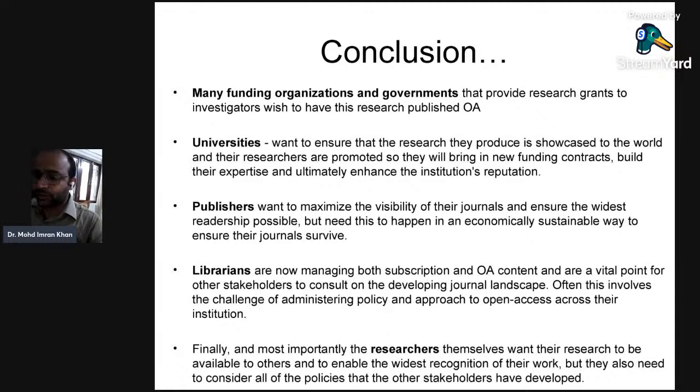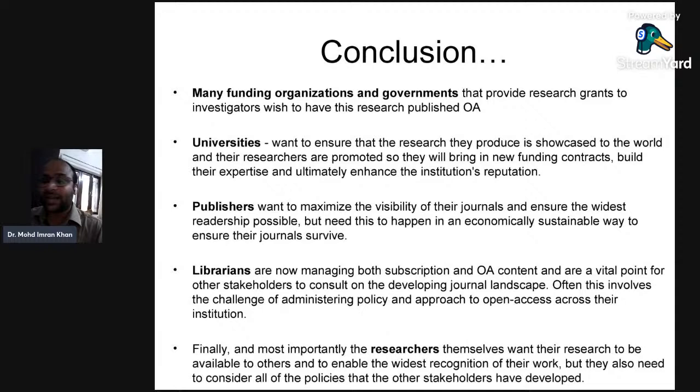Universities also want to ensure that the research they produce, obviously the research produced by the faculty, the students, doctoral researchers, postdoctoral researchers, is showcased to the world, and their researchers are promoted. So they will bring in new funding contracts, build their expertise, and ultimately enhance the institution's reputation. Publishers also want the same way. They want to maximize the visibility of their journals, because